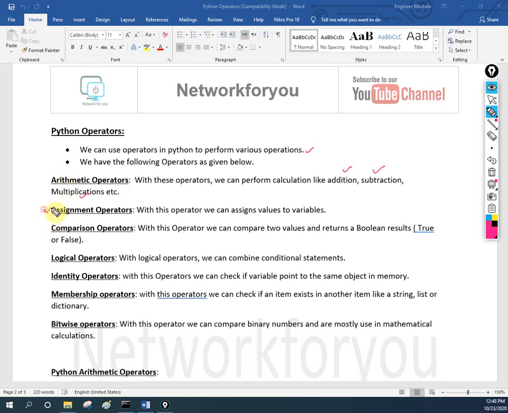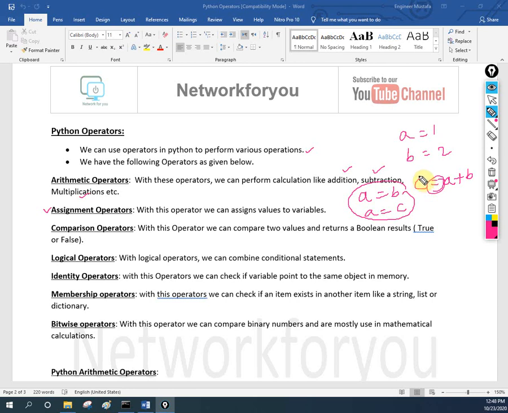Whereas we have assignment operations. With this operation we can assign a value to a variable, like a = b, a = c. This is the normal basic operation we do. For example, if I say a = 1, b = 2, then c = a + b. This is the assignment operator, as in our daily life.